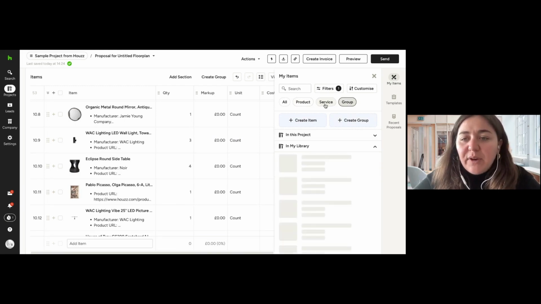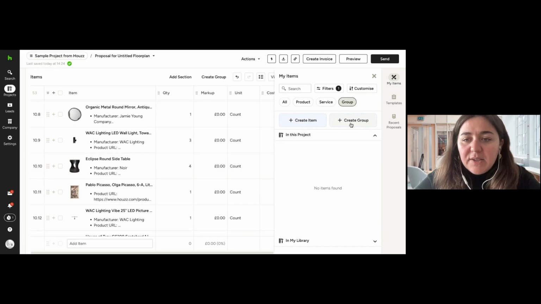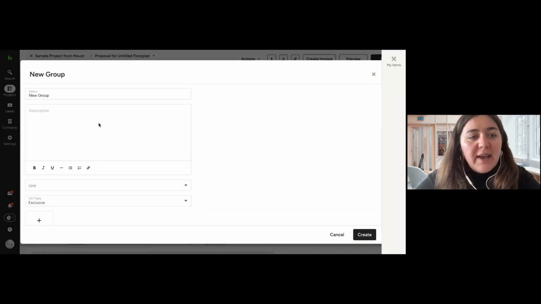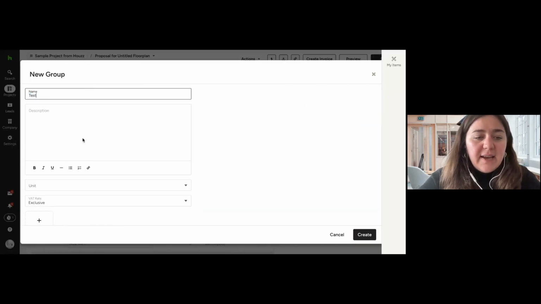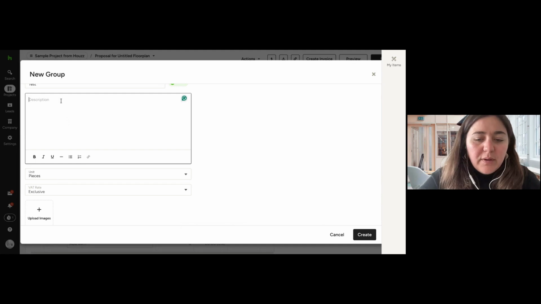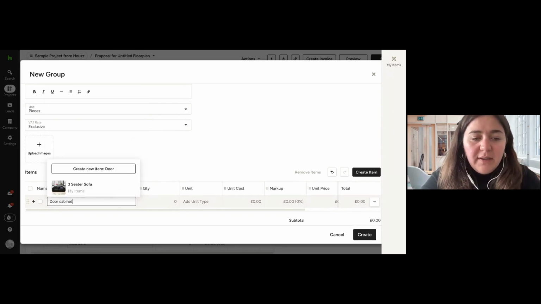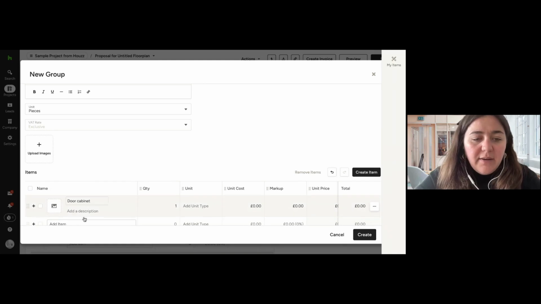Then you also have access to your groups. All the groups that you have created are here, and if you want to create a new group, this is where you do it. I'm going to show that again. Cancel. Okay, I'll go to create group, and then tests. I'm able to add a new group, kitchen cabinet, for instance. And here I can add door cabinet, another